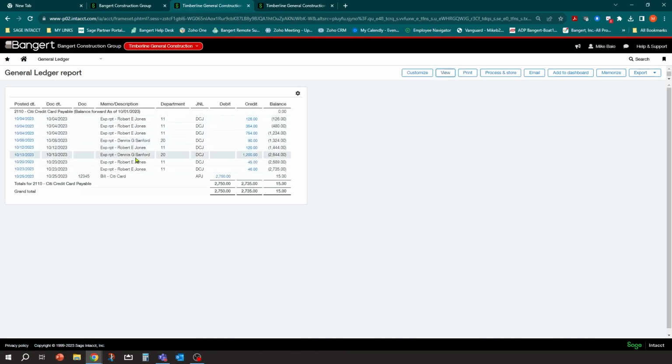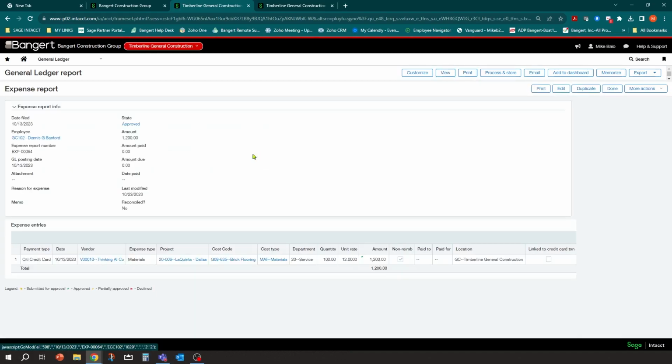Here's our charges. There's our bill. Now, if I did this right, I almost picked the right number. If I did this right, it would actually be 0, right? So you put the charges in. You have the payable. Now, even from the general ledger, you can get back to this detail. So if you want to see what the heck was that $1,200 for, you can click on it right from here. It says it's an expense. And now here's all that information we had in the original entry. So you can get to it in the system.